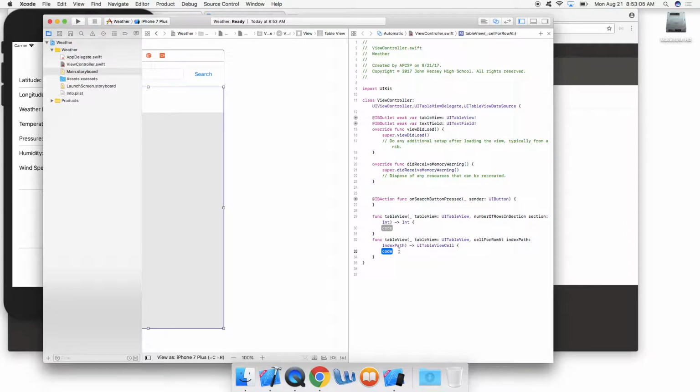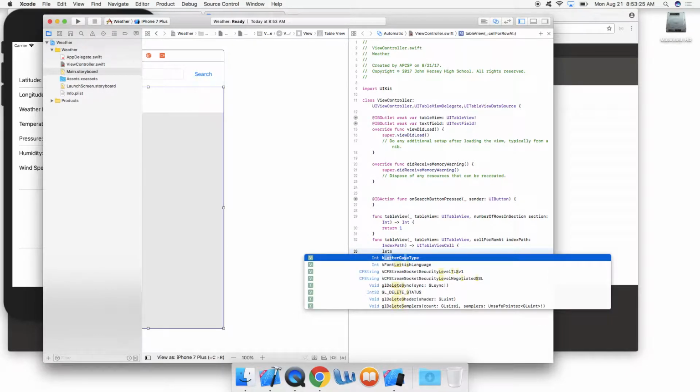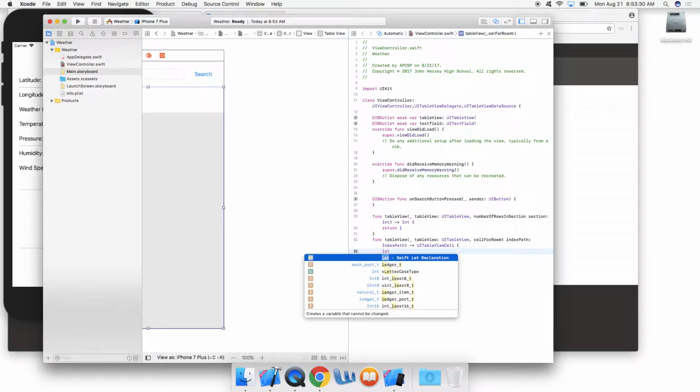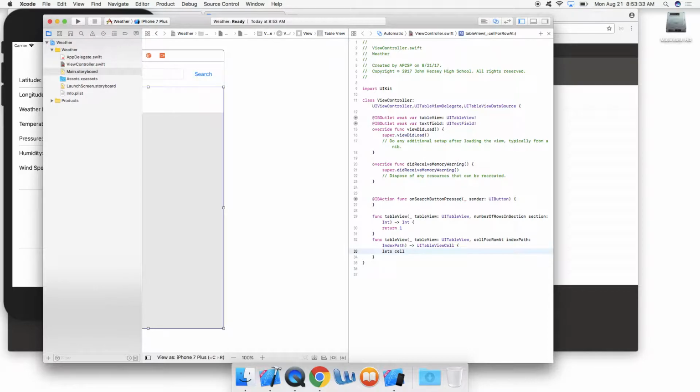Let's just return one. Yep, line 30. Click on the code. Type return space 1. Click on 33. Do let cell equals. Sorry, let space cell. Get rid of the let's. It's at, no S. Perfect. Space equals table view